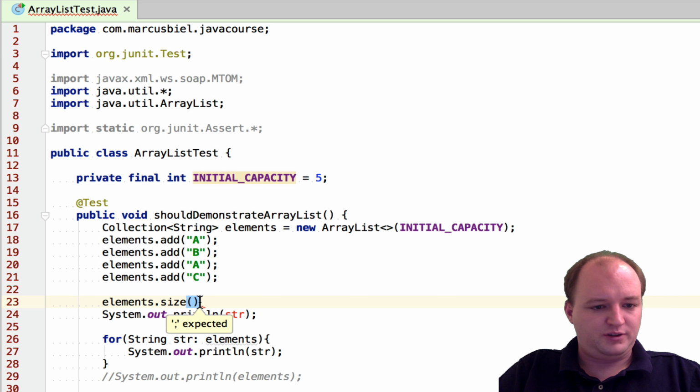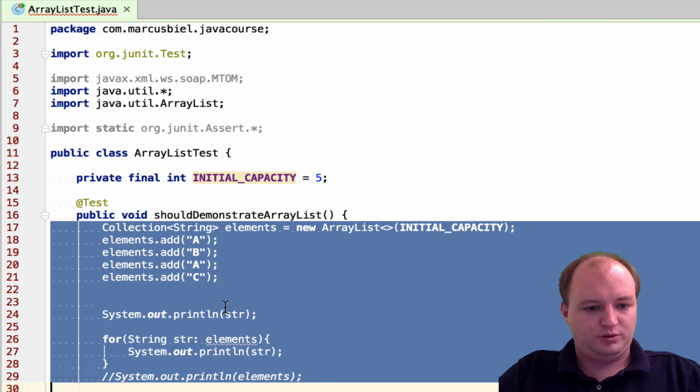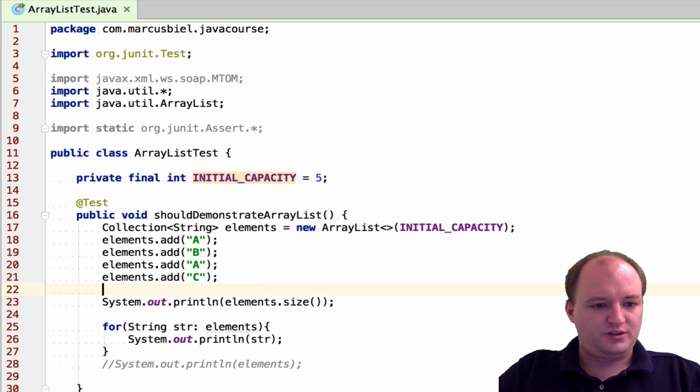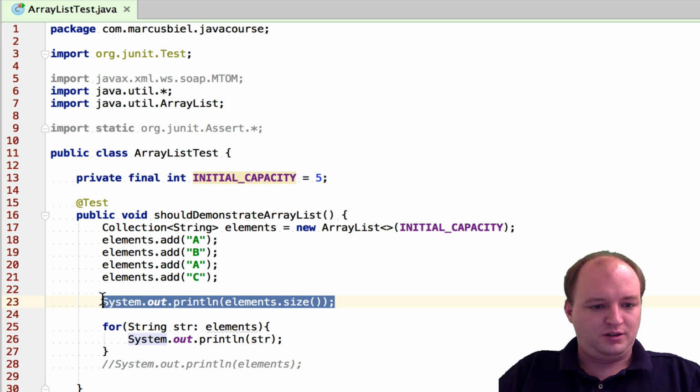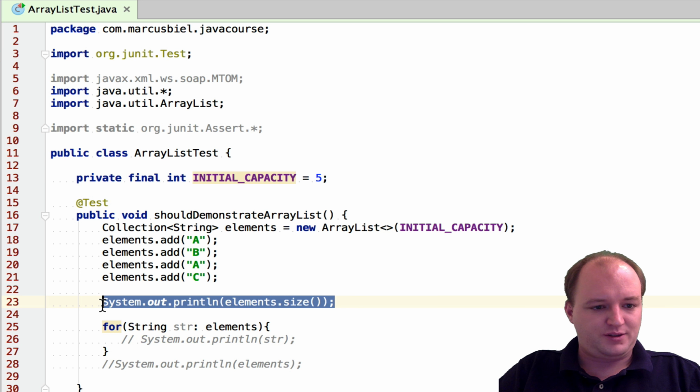Copying some code that you will reuse is just safer, so as not to introduce any typo. And as long as you're just copying the code and not duplicating the code, it's also fine. So this is supposed to give us the number of elements. Let me comment this out so we just see the number of elements.